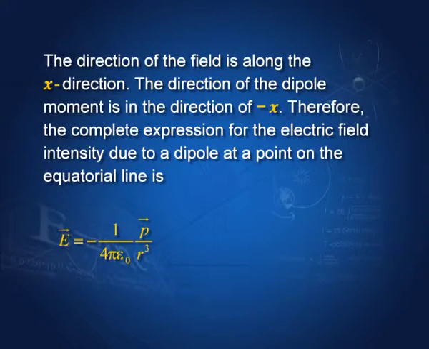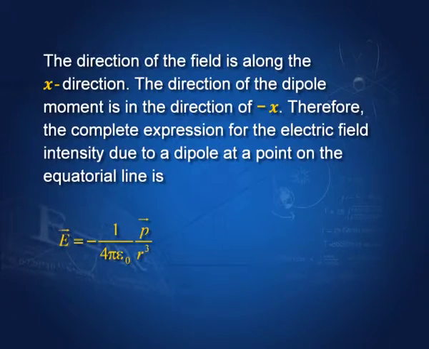And what is the direction? The direction of the field is anti-parallel to the axis of the dipole, and therefore the field, if I give a proper sign, is given by minus 1 by 4 pi epsilon 0 p by r cubed. p is a vector, you remember, the dipole moment is a vector. So that is the electric field in full vectorial form due to the dipole.